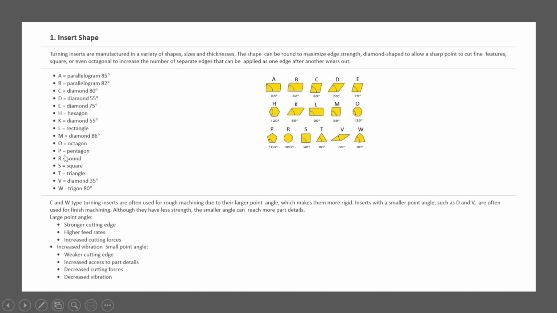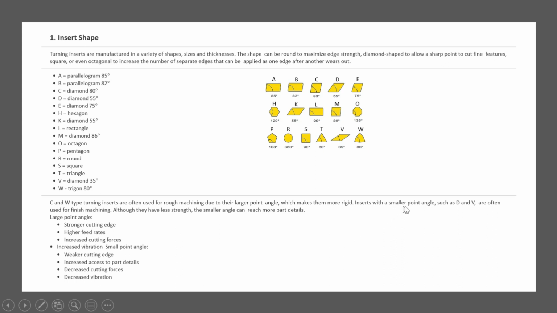Different shapes are available. You can go through this: A, B, C, D, E, H, K, L, M, N, O, P, R, S, T, V, W. C and W type turning inserts are often used for roughing machining due to their larger point angle, which makes them more rigid.